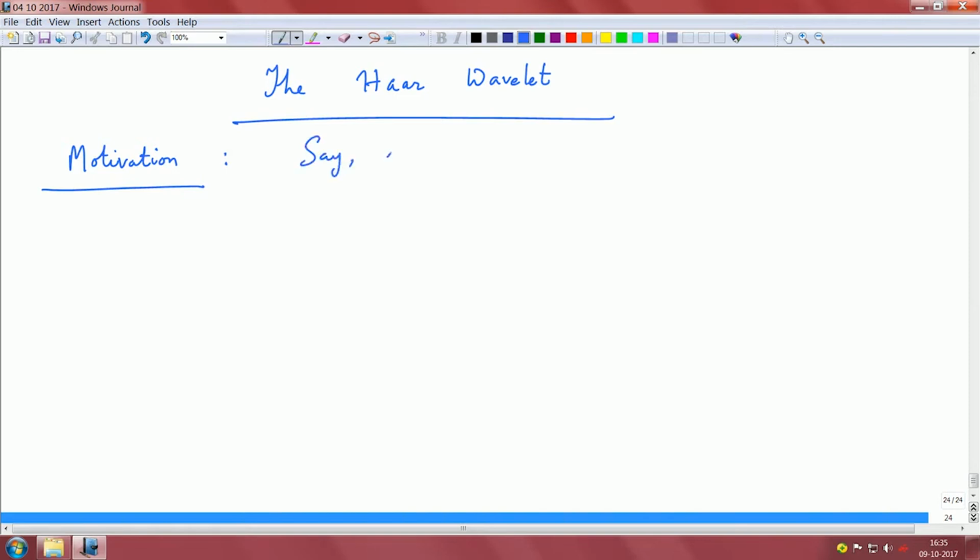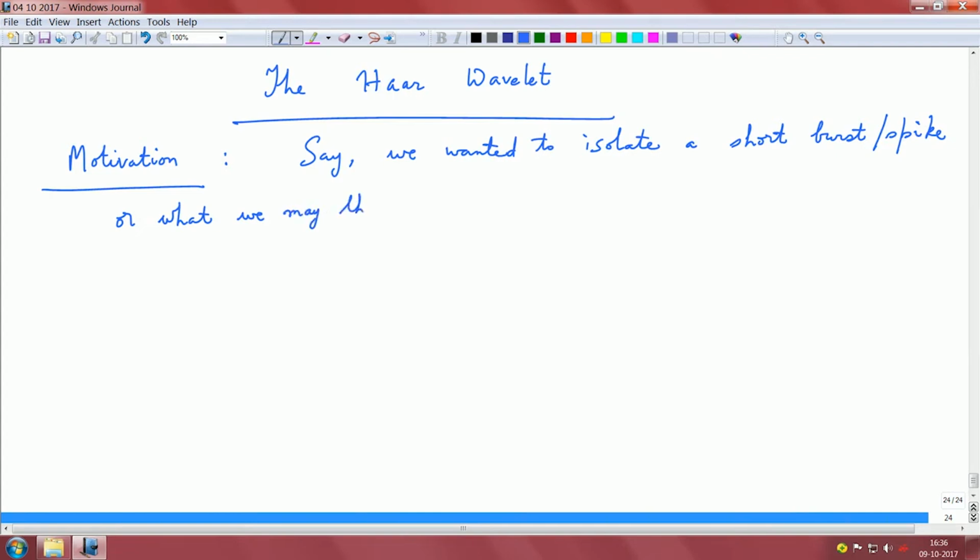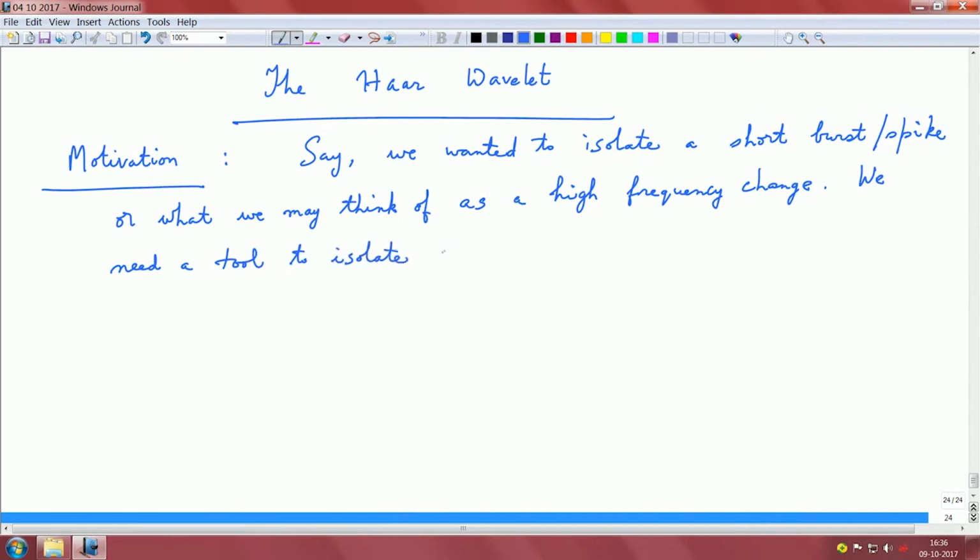Say we wanted to isolate a short burst or spike, or what we may think of as a high frequency change. We need a tool to isolate the spike